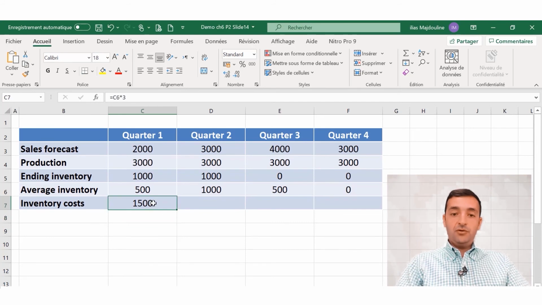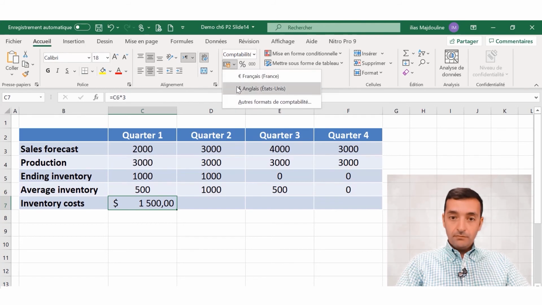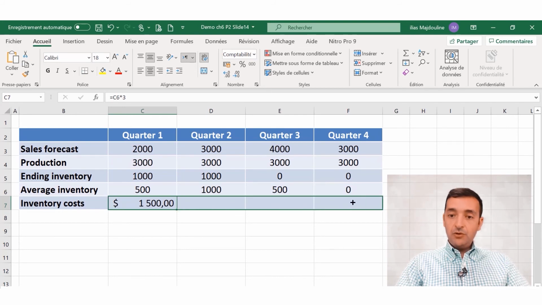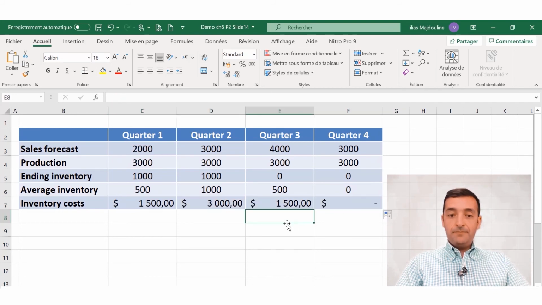Here the inventory cost is in dollars. We do the same calculation for the next quarters. So the inventory cost for quarter 1 is $1,500, for quarter 2 is $3,000, and for quarter 3 is